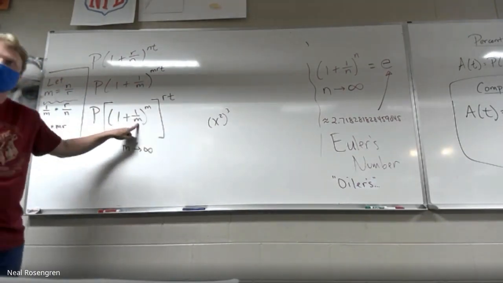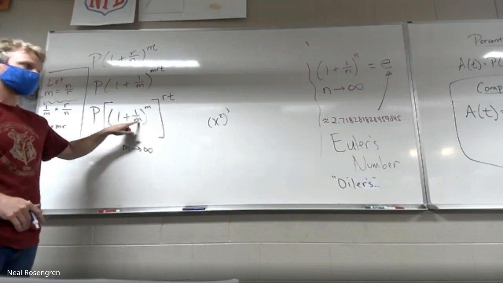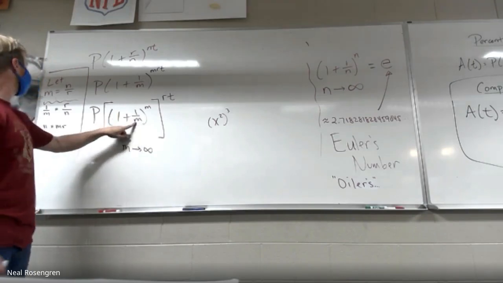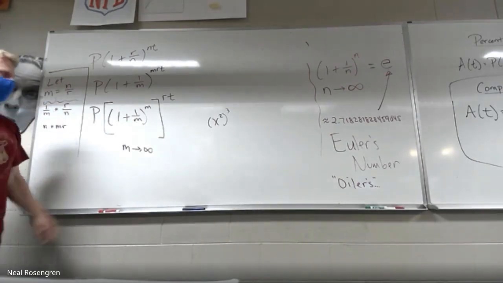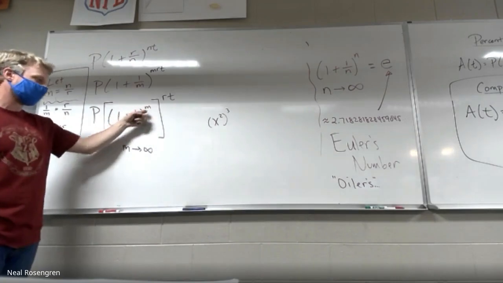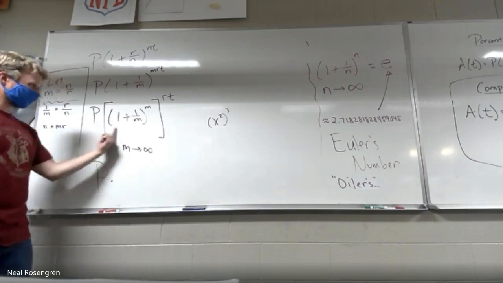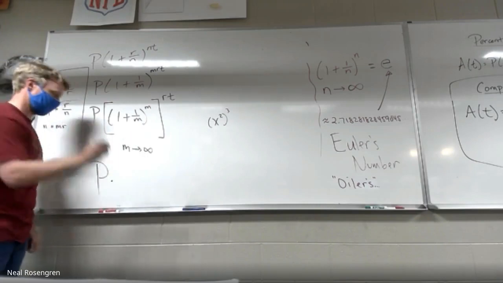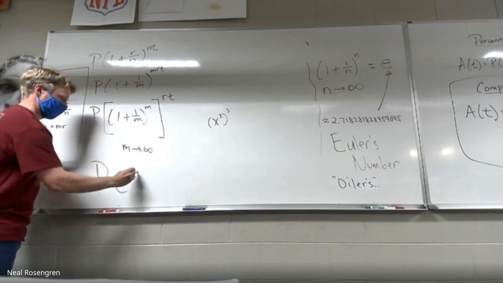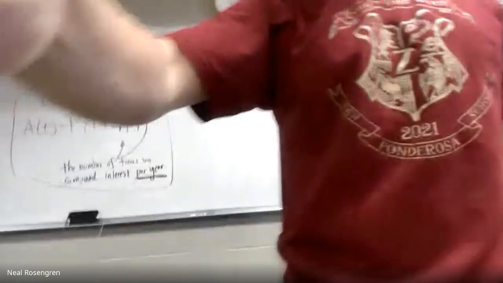I called it m, n, p, whatever, who cares what letter I choose. I'm going to let the number of times I compound per year, whatever, I'm going to let this go to infinity. What do I get? 1 plus 1 over m to the m if m goes to infinity? What's all of this in here? That is the continuous compound interest formula.